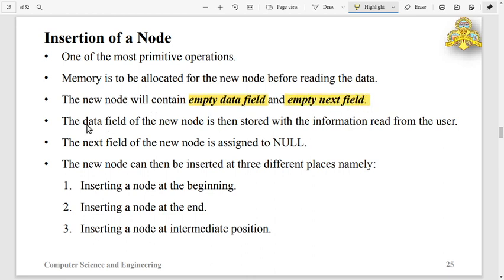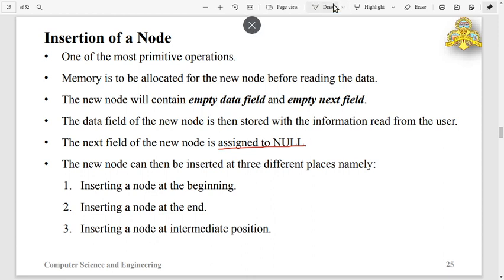The data field must be updated, either by entering the data from the user or passing it as an argument to the function. In either case, the next field of the node is, in almost all cases, assigned to null.